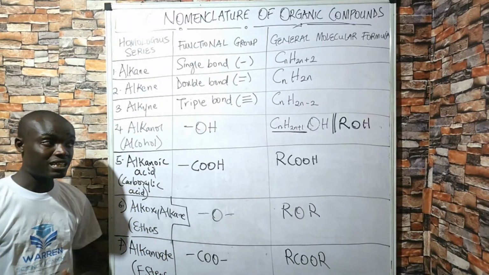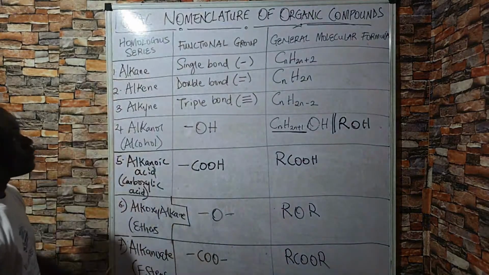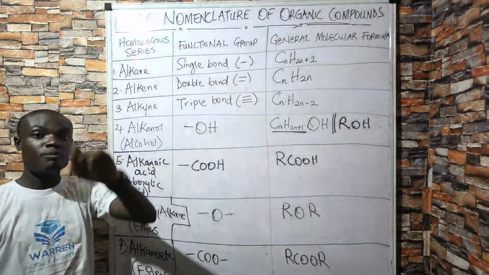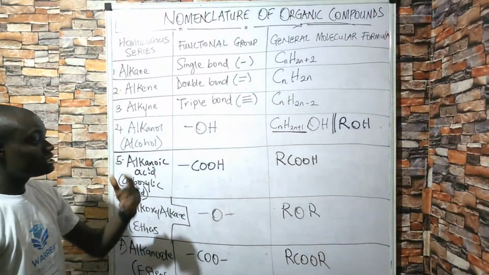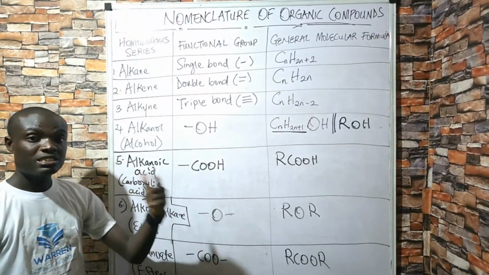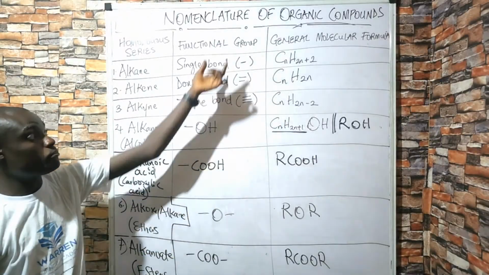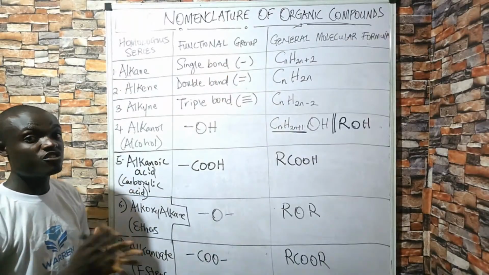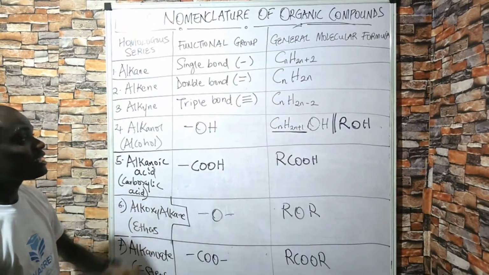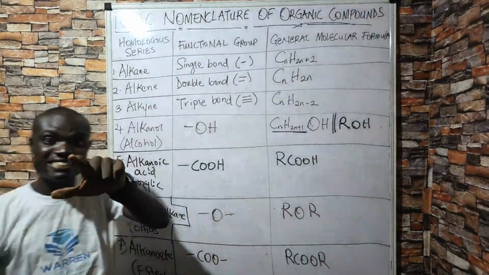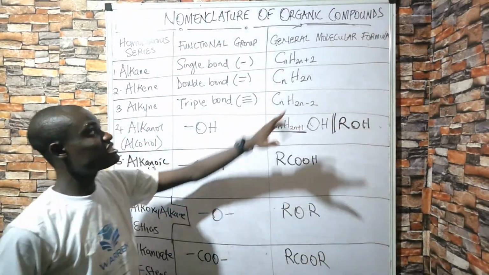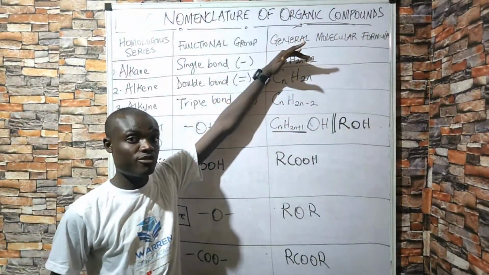But mind you, like I told you, we have these families, we have their functional group, and if you remember, I said functional groups are atoms. For example, this is an atom, they are groups of atoms, or they are bonds that are peculiar to every particular homologous series. Now, something about each homologous series I didn't tell you before is that every homologous series has what we call a general molecular formula. Take note of that.